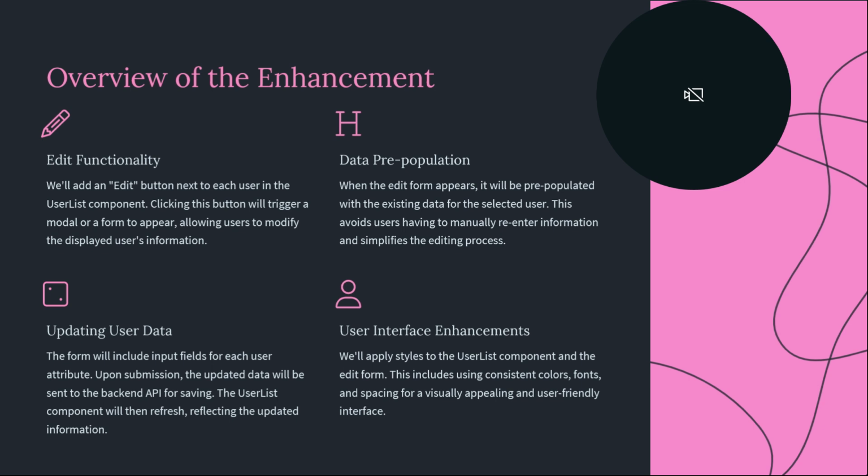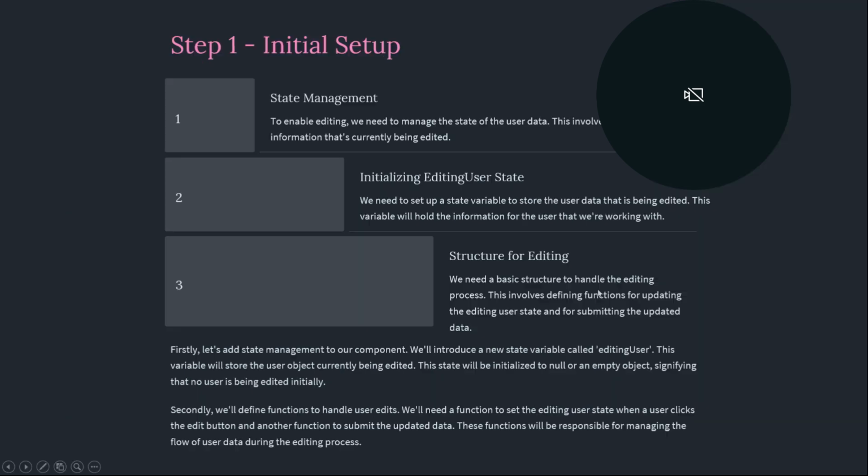What are we going to do? First, we will add an edit button in the user list component. Once the user clicks on the edit button, we'll allow the user to edit, and at the same time we are going to pre-populate the data for the corresponding text boxes for the selected user. Then we'll give a provision for the user to update the data, and we'll have some styles applied over there. So once the user clicks on save, we'll be calling the corresponding backend put API to update the user